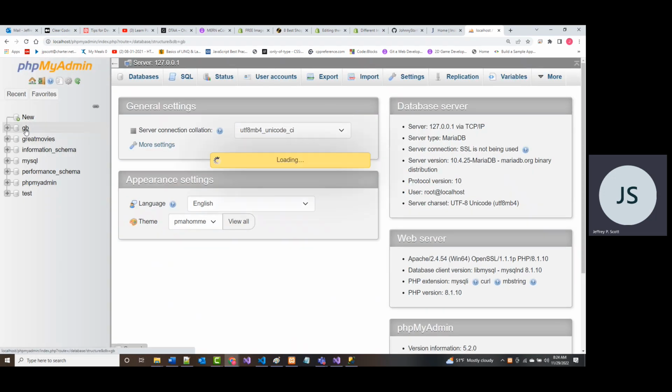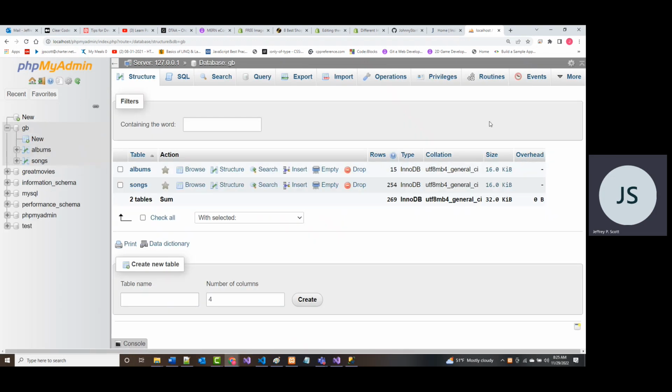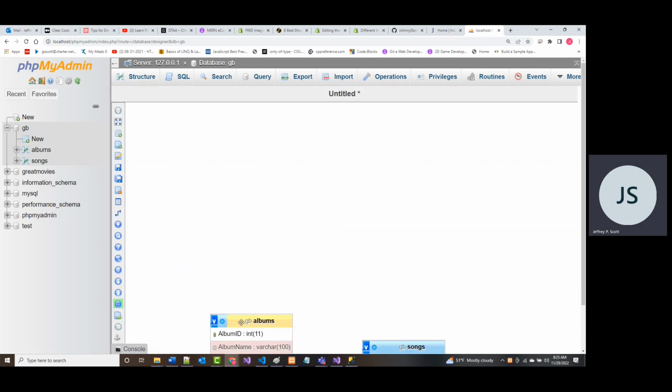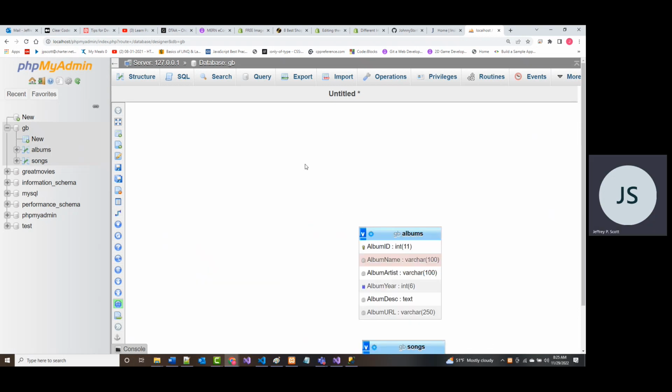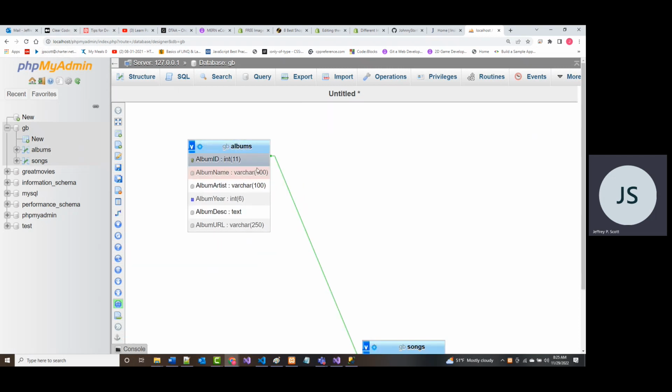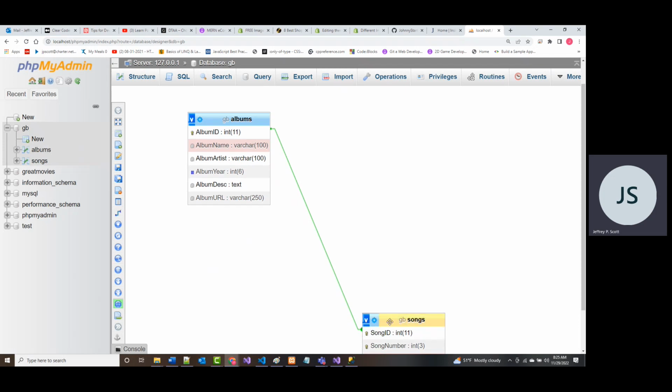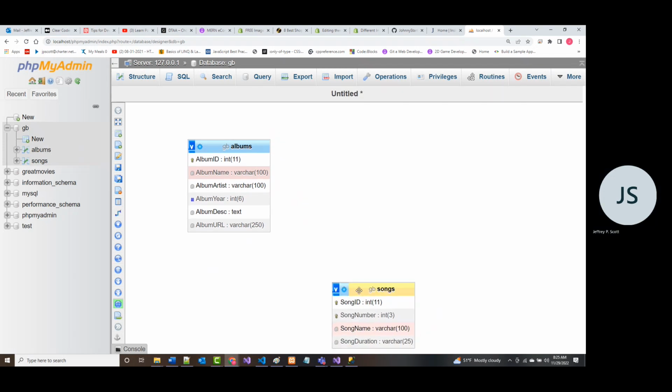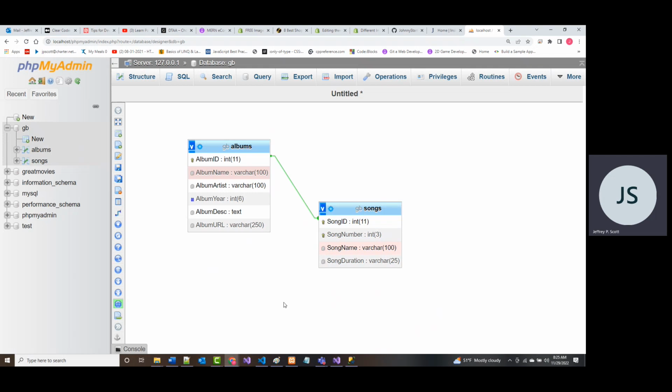So I've got this database. It's the same one, but it's called GB for Garth Brooks. And let's see if I go to more and designer. That's what I want. Good. These are our two tables. I hate working with this thing. It's such a pain to move the stuff around in here. There's one. Trying to move this other one up, and for some reason it's not being very receptive to being moved. There. So here's our two tables that we have in here.